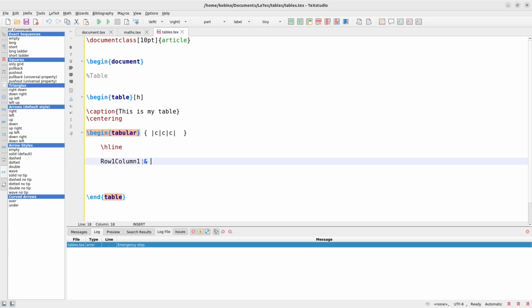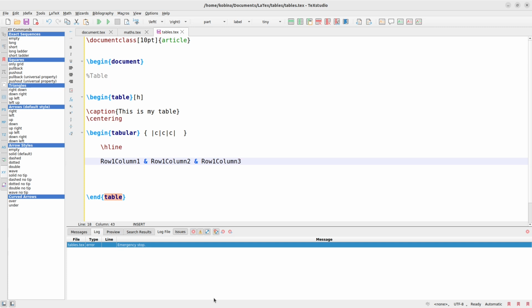And I'll just say row 1, column 2. So each ampersand means that we are moving to the next cell, or let's say the next column. All right, and here I'll just say row 1,